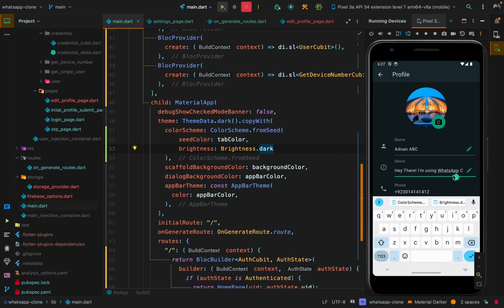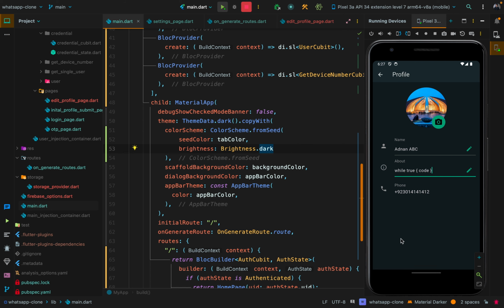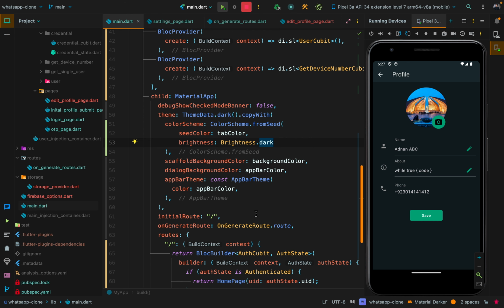And I want to update the bio from header to: I'm using WhatsApp to while true we have to code. That's it. And when I do save, it's uploading